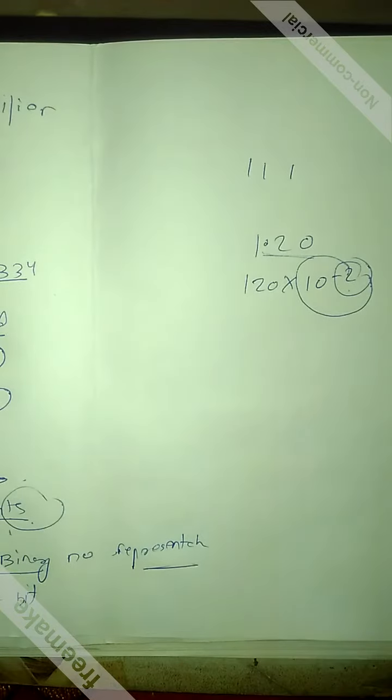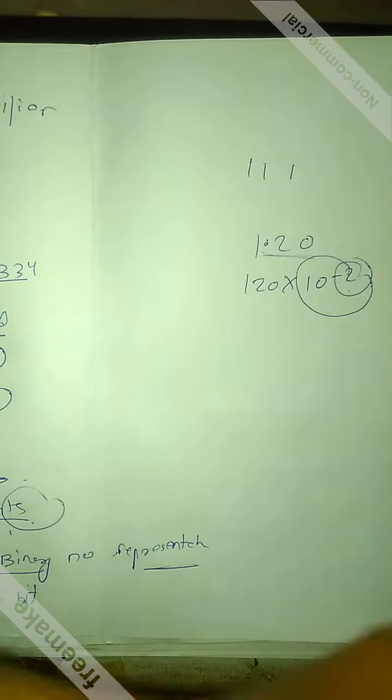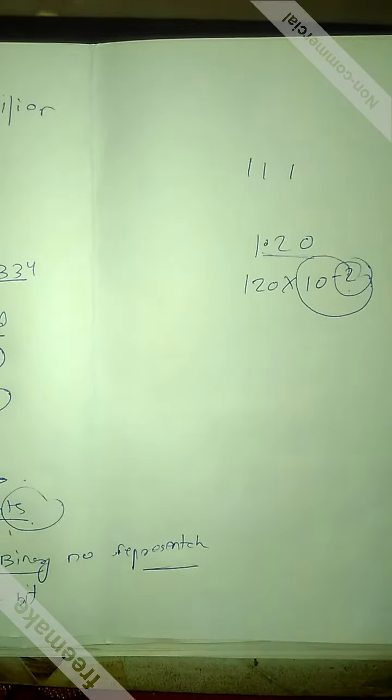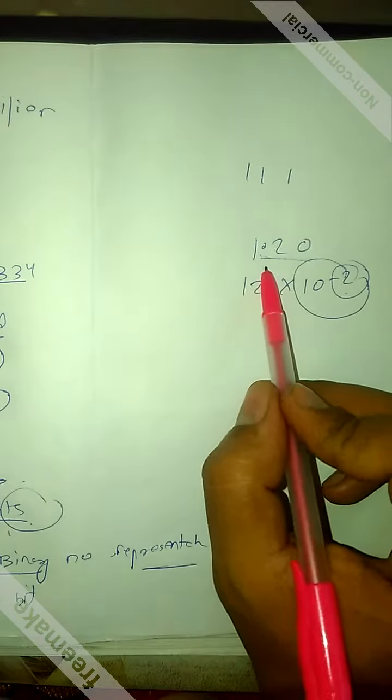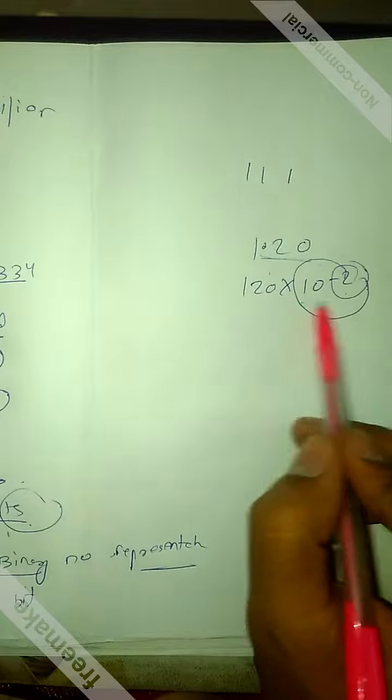That's why the binary system exists. What's the point of having the decimal system? Decimal means dec, which means 10. Why do we have a base-10 system? Because we have 10 fingers. There is no logical explanation beyond that. We have 10 fingers, so it is easy to count. Just like that, I wrote 1.20 as 120 times 10 to the power minus 2.